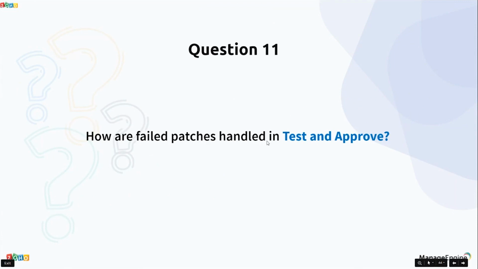How are failed patches handled in test and approve? So whenever you face any failure while testing the updates, the main reason why you're testing the patches is to see if it is causing any issues or failures on your test machines. So ultimately, if a patch has failed in the test machine, it is important we focus on resolving it based on the troubleshooting article that we provide, because the same might happen even on your production machines as well. If you're able to find the root cause on the test machines and sort them, we can stop such cases from happening to your production environment.